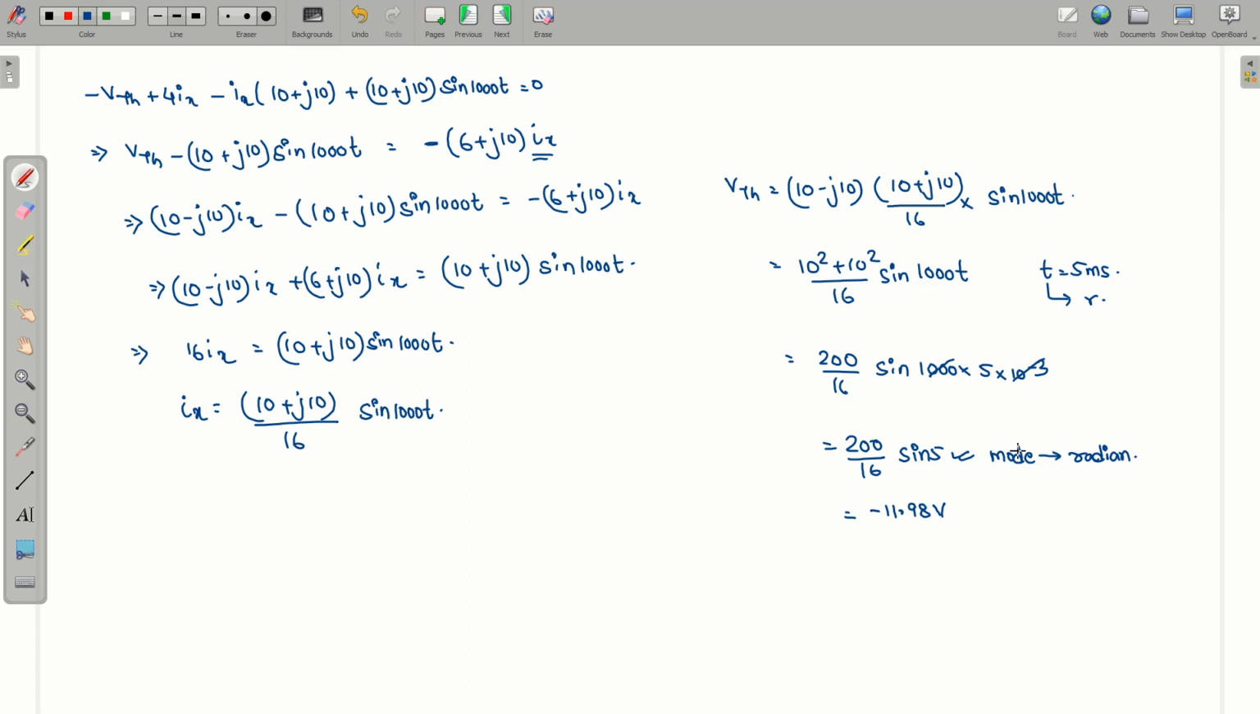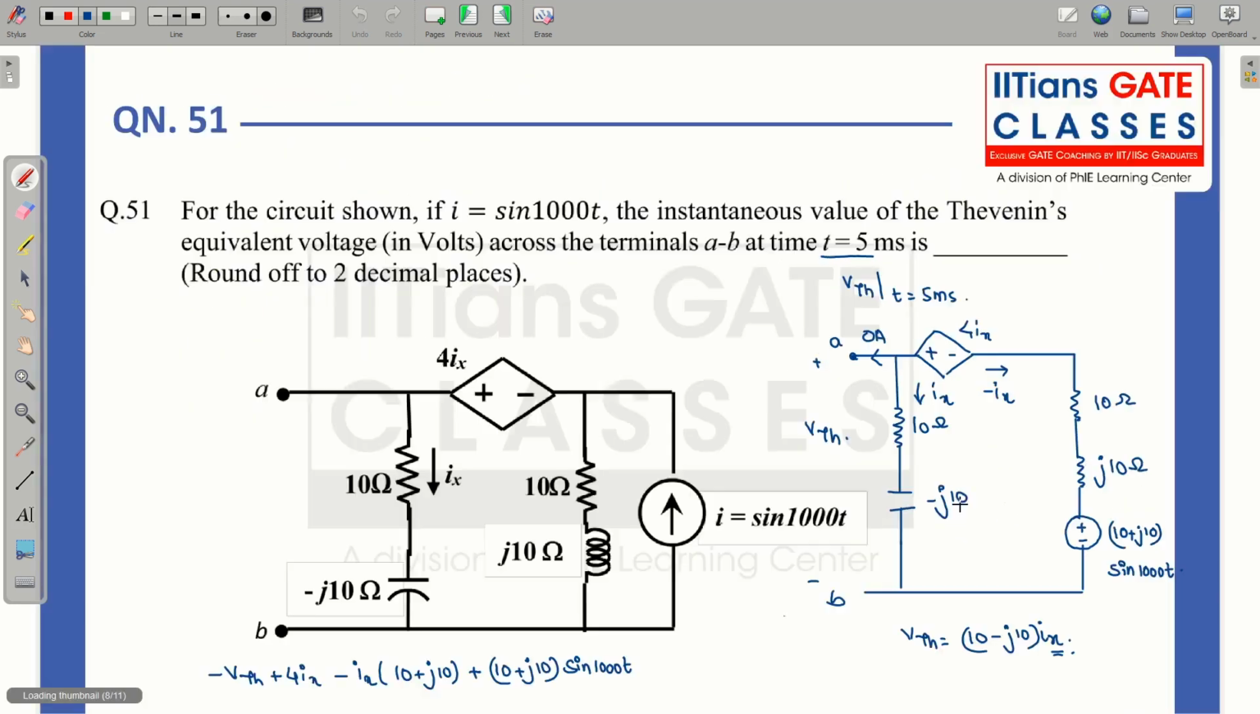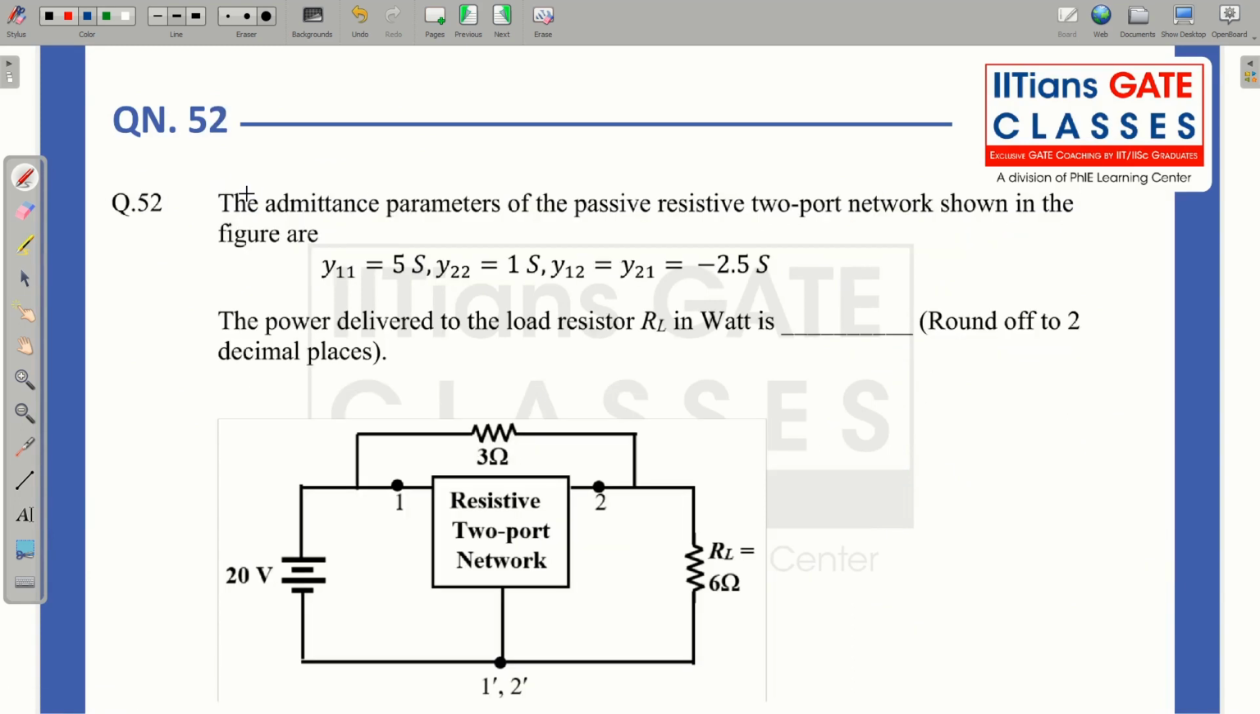If it is set in degree, then the value you will get is minus 10.01 volt, which is actually wrong. So the answer for this question is minus 11.98 volt. Okay. So the next question that we have: the admittance parameter of the passive resistive two-port network shown